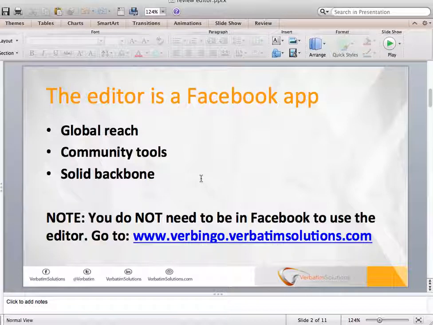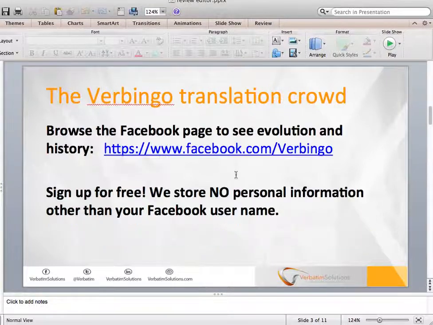Please note, however, that we only use Facebook just for the backbone aspect of it. You do not need to be in Facebook in order to use the editor. This is the URL that launches the tool from any browser, and we invite you to use any browser you'd like. So the first thing you need to do is sign up, and you can sign up using that URL